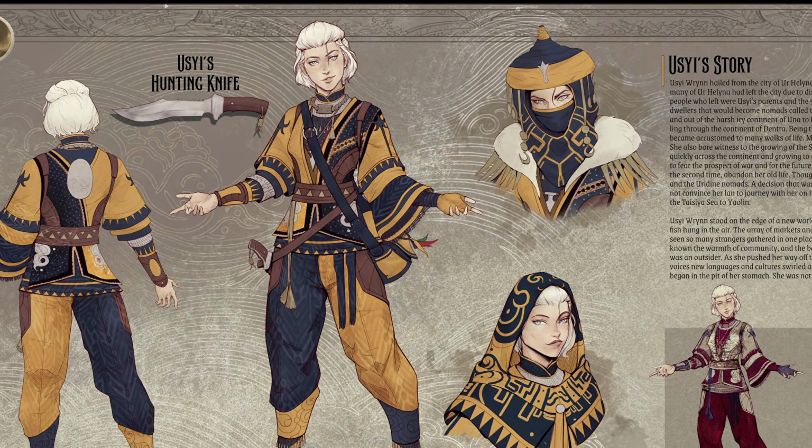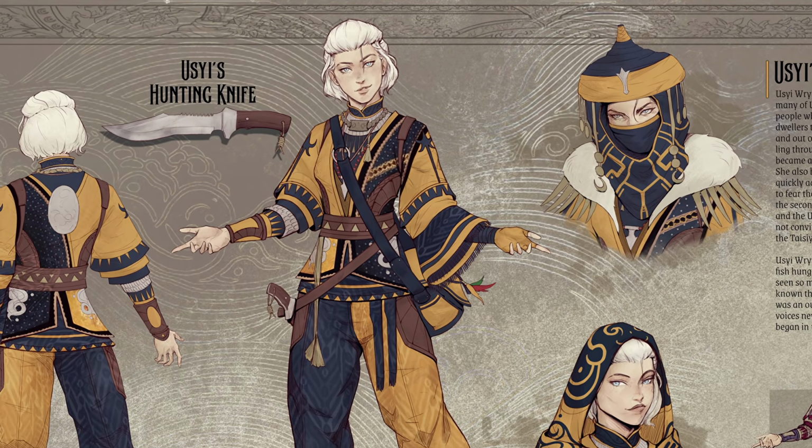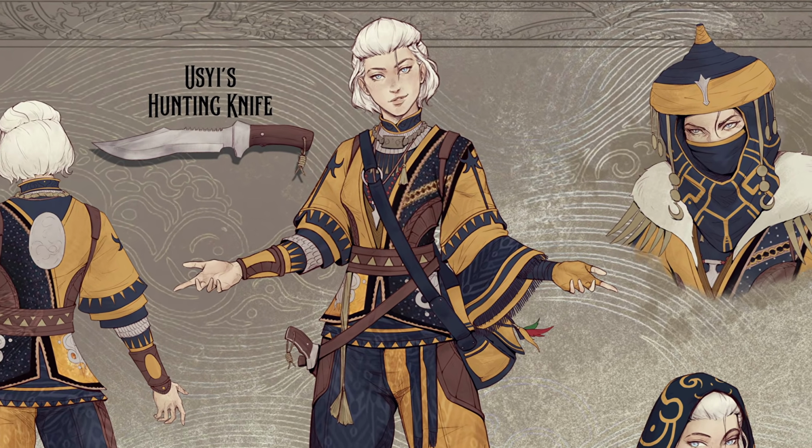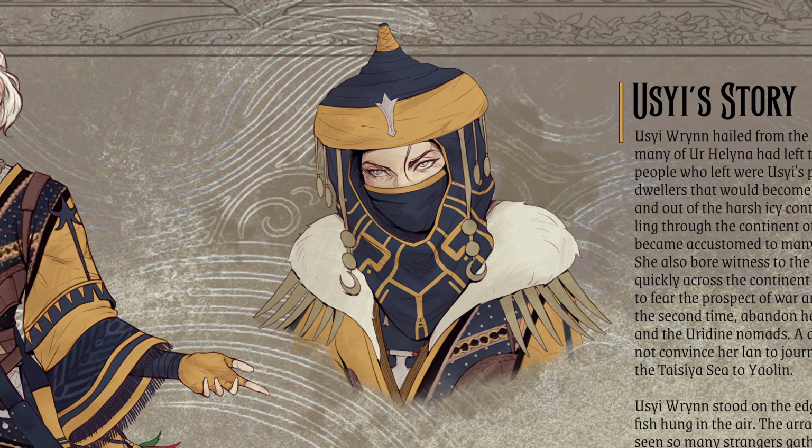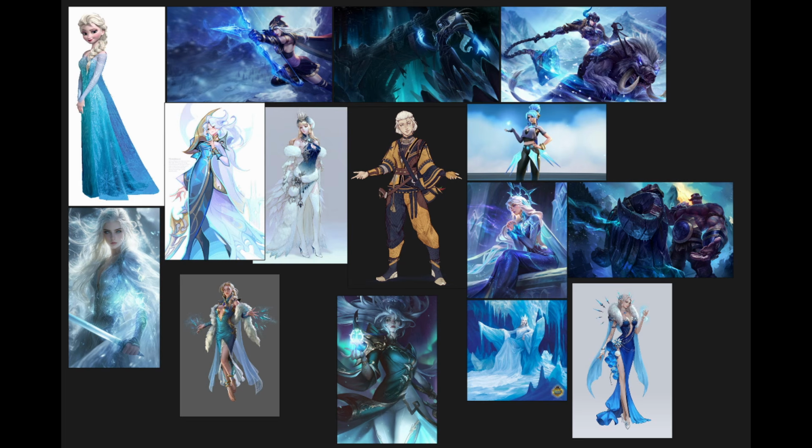So here she is. This is the finished concept, and I'm pretty happy with how she turned out. This is, I think, the best she's ever looked, and I mean, one would hope that that is the case. So I wanted to do something at the end of this process, which is slap Yusai in the middle of the generic part of my references to see if she blends in when I zoom out. And I think it's safe to say that she doesn't. So we at least held to that part of the brief, which I'm pretty happy about.